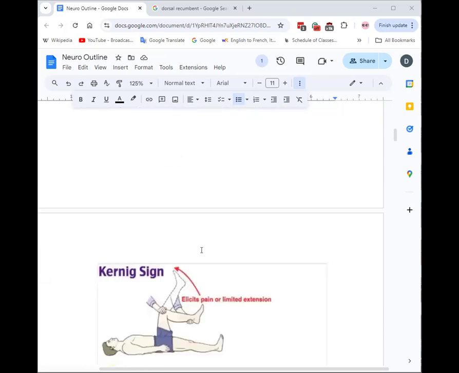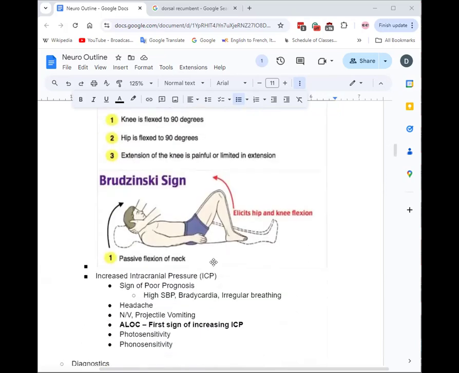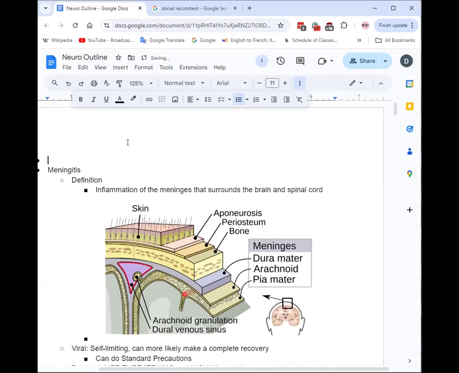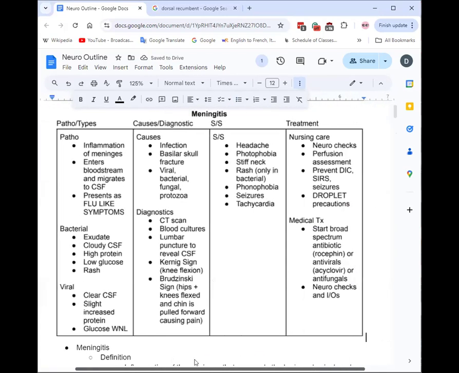Alrighty. Let me see if I have anything else for you guys. I think I might have. I do. Okay. So here is something I can put at the top, I think. A little table. I said I would give this to you guys.